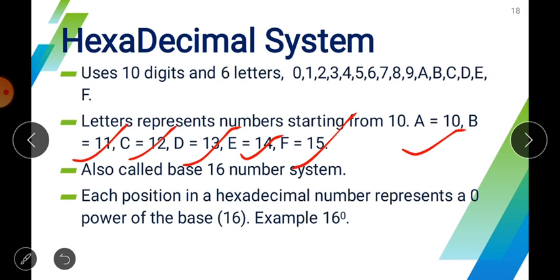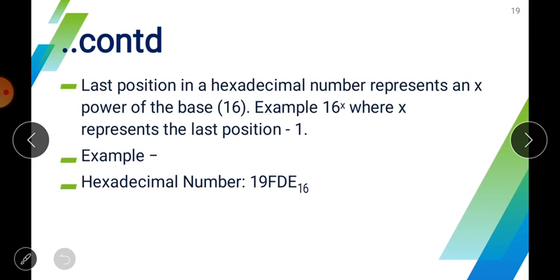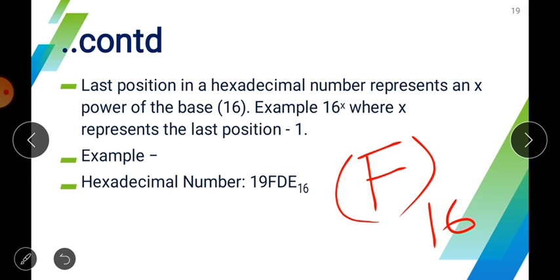Means when we want to write 15 in the hexadecimal number system, we will have to write F. So there are 16 digits in the hexadecimal number system. So the base of the hexadecimal number system is 16. And the positional value of the digits will determine the final number, and in the hexadecimal number system the base is 16, that I told you earlier. For example, if I am writing F and here I am writing 16 as the base, it means this is 15 in decimal.